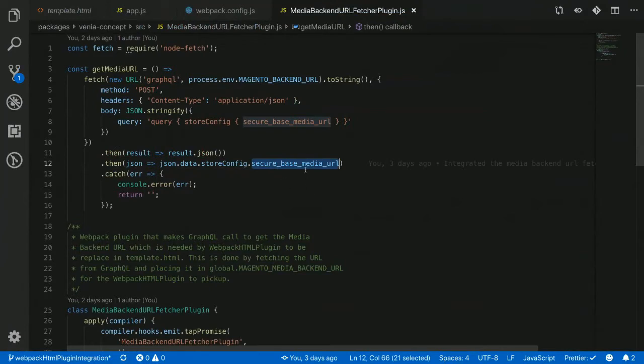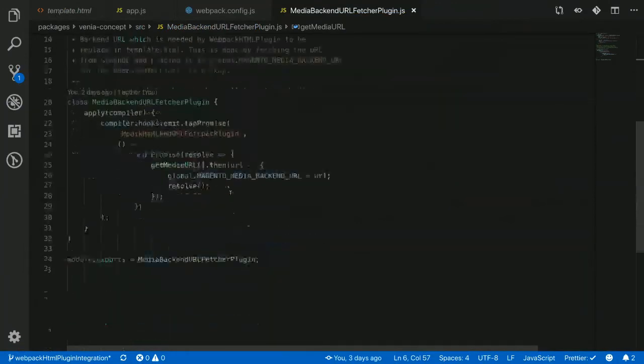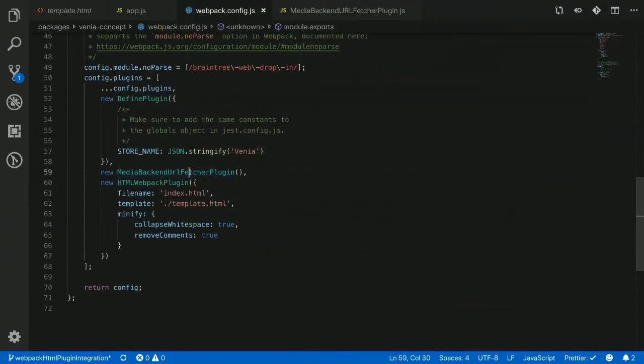This is for now. There is one more PR of mine that's ready, which is going to clean up this particular plugin to make it generic. So in the future, you can just call it an async plugin and then add your own fetchers to it. Maybe if you want to fetch the store name or you want to fetch copyright information or anything that you would want to put into the template.